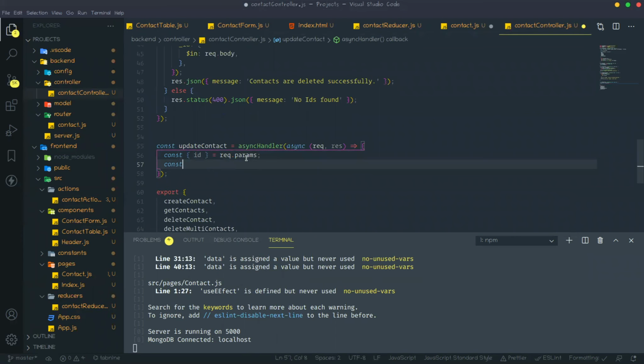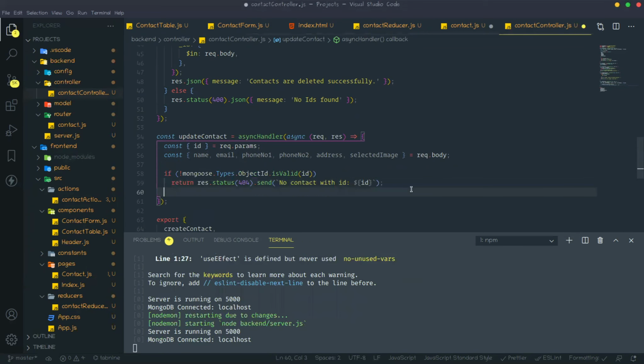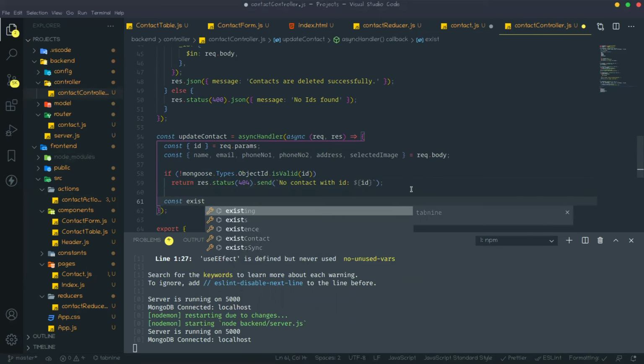Next, from body we will get all those data: name, email, phone number, what is actually present in that form. Okay. Now we need to check that ID is valid or not. If that ID is not valid, then we need to send one response. Then check that exist contact